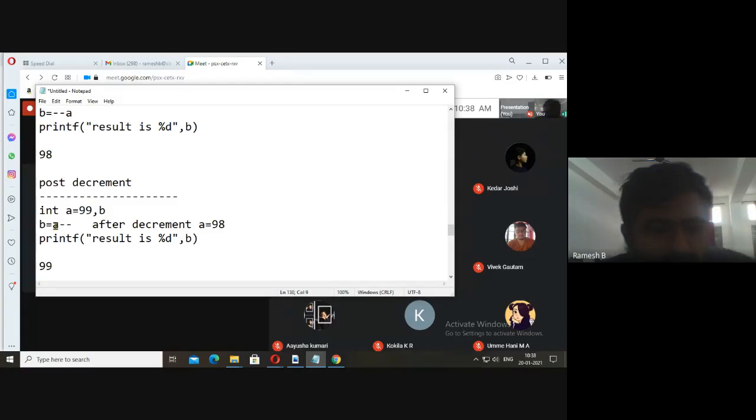The value is used in the expression first, then it is decremented. The initial value was 99. 99 will be assigned to b. Then it is decremented, so 99 becomes 98. But 98 we are not using here. In this expression, we are using only the initial value. If you want to print the a value after this,